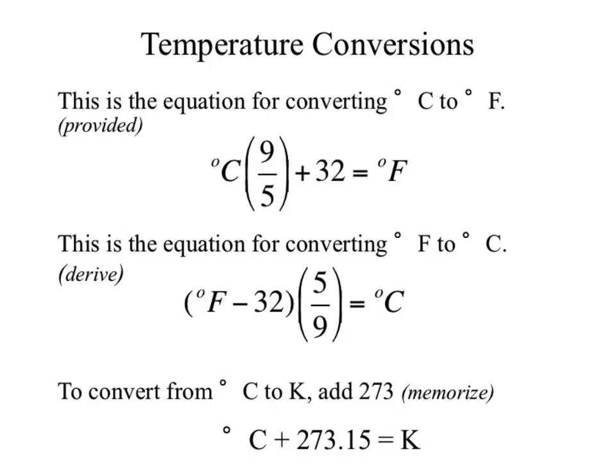Okay? The last one, to Kelvin, will only go from degrees Celsius. Remember, degrees Celsius has a stronger science foundation than the Fahrenheit. So degrees Celsius to Kelvin, all you have to do is add 273. Okay? So whatever the degree Celsius is, add 273 and you get Kelvin. Okay? That's it. You just have to memorize that one. Okay, you'll notice that in the formula I gave you down here, I do 273.15. Why 0.15?